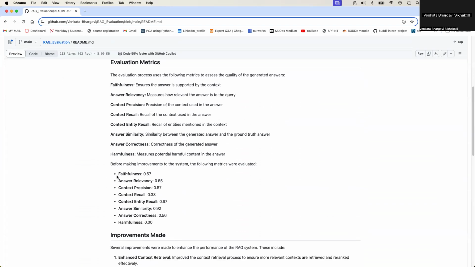Right now I'm focusing on faithfulness, answer relevance, context precision, recall, entity recall, similarity, correctness, and harmfulness. I'll tell you what kind of scores I got and what kind of improvements I've done. Just to give you a brief about what these metrics are, answer relevance measures how relevant the answer is to the question we asked, and also makes sure that if there is no data in the database, it has to show,